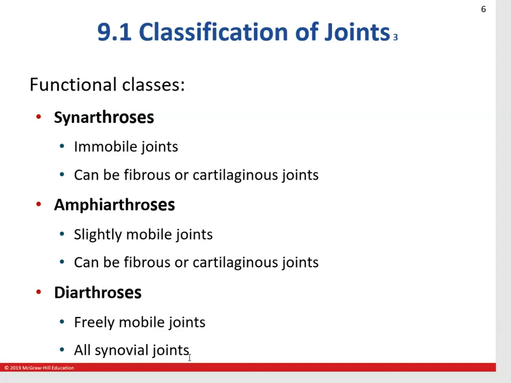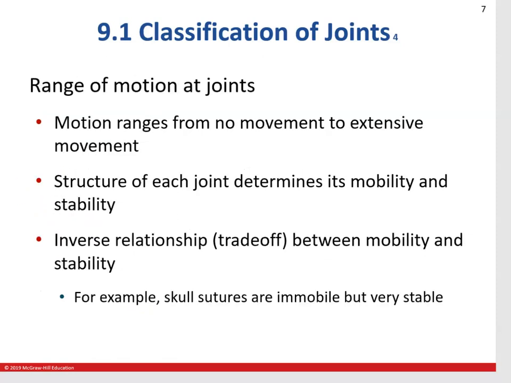Now keep in mind, when we classify joints, they can fall into a structural class and a functional class. When we look at the range of motion of joints, we can see that some joints have no movement at all, such as a suture. And some have extensive movement, such as, think of your hip. You can swing your leg all the way anteriorly and all the way posteriorly. It's the structure of the joint that's going to determine how movable it is, its mobility, and also how stable it is. And what we're going to see is that there's a trade-off between how mobile and how stable a